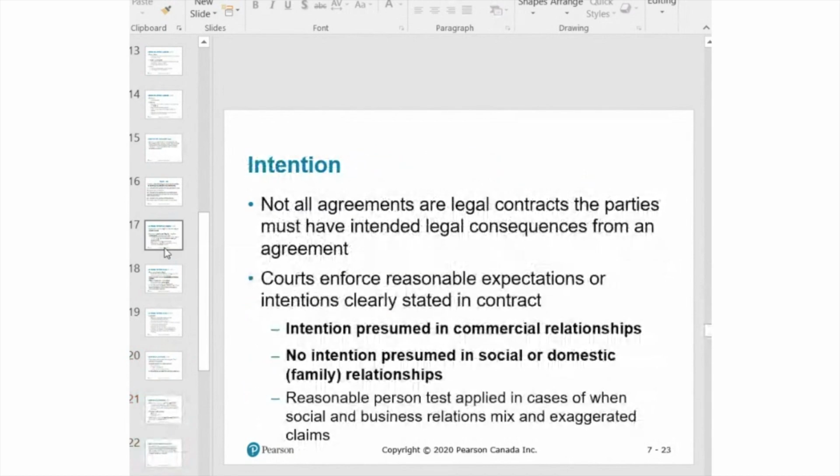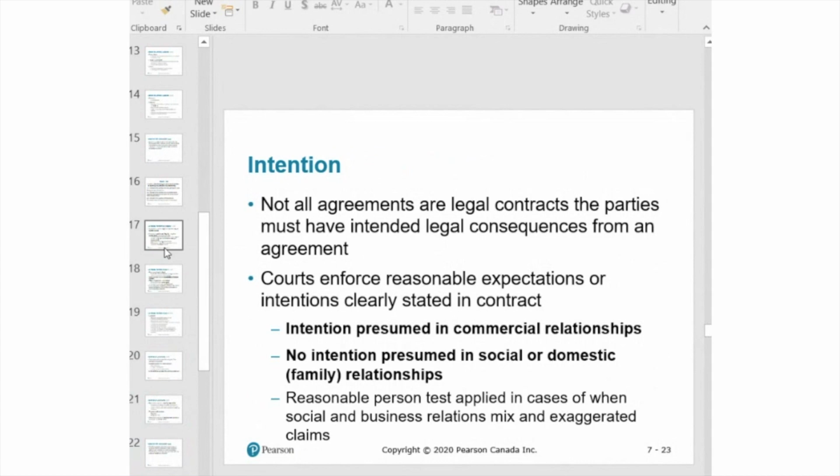All right, moving on. So this is the last element. And I like to repeat this when I'm in class because I think it helps students to memorize. So the 5 required elements for a valid contract: consensus, consideration, capacity, legality, and now intention. Intention says that parties need to intend that transaction. They need to intend those obligations, those benefits. This is intention.